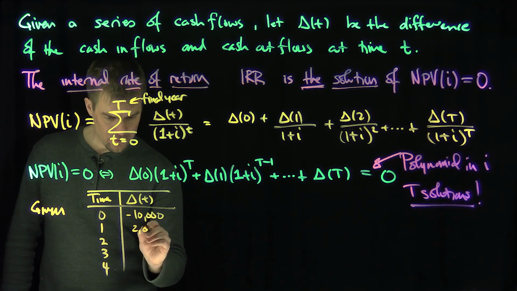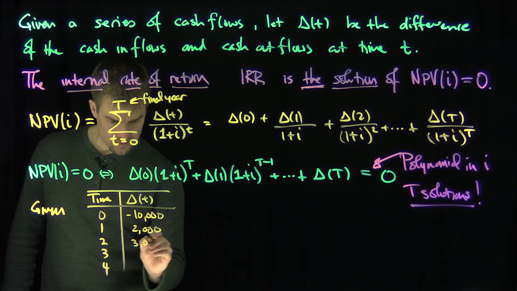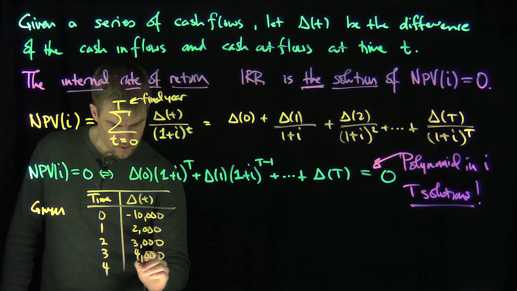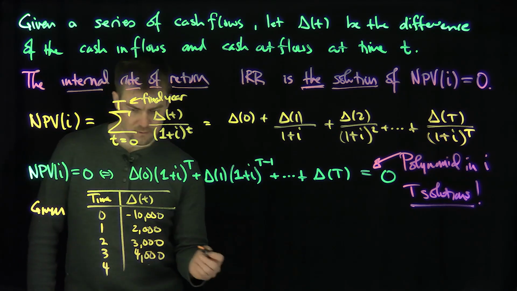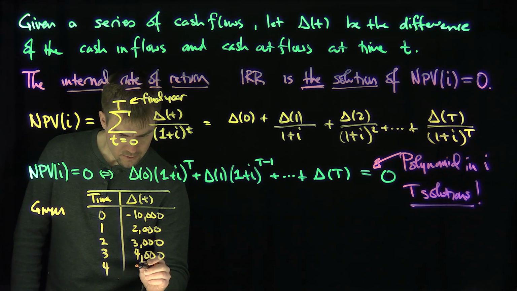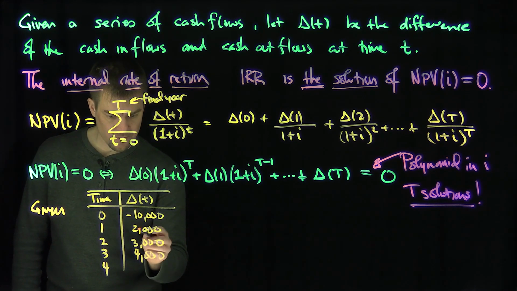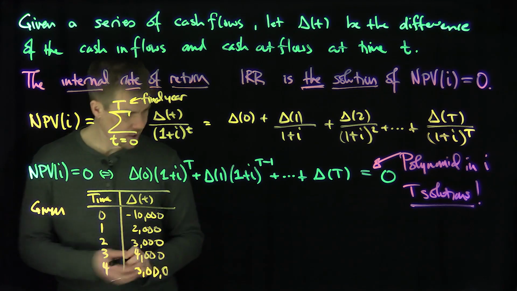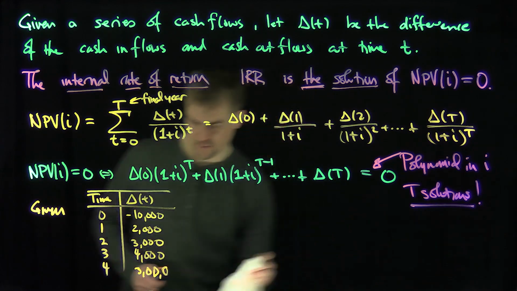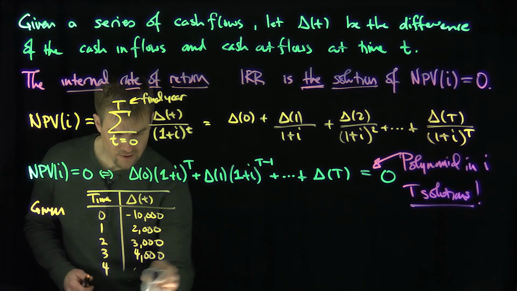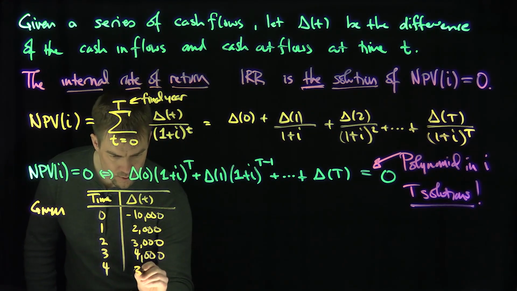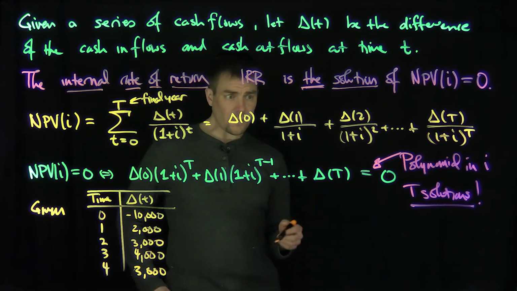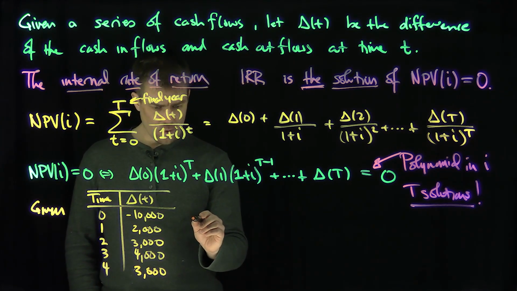Then we have 2,000, 3,000, 4,000, and finally 3,000. So we have a 2,000 cash flow in year 1, a 3,000 cash flow in year 2, a 4,000 cash flow in year 3, and a 3,000 cash flow in year 4. And so the equation we're going to have is